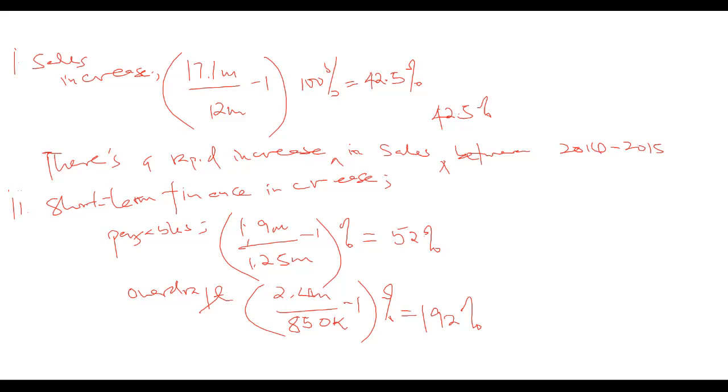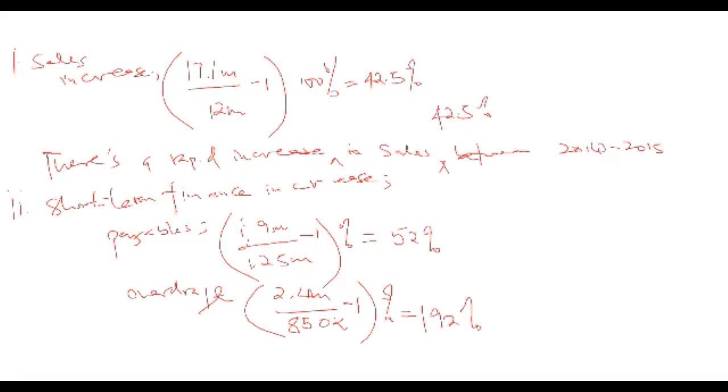Now that's a very high reliance on overdraft financing. To me that's the company's reliance on the overdraft. It went up almost threefold within a year, from 850,000 to 2.4 million. So the increase is 192%, a very high increase in the company's overdraft reliance. Even for the payables, it increased by 50%. But to make it worse,